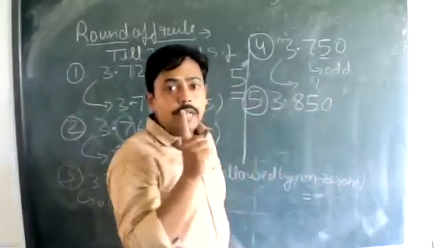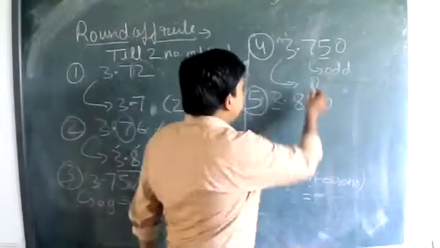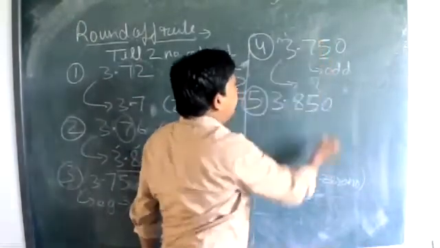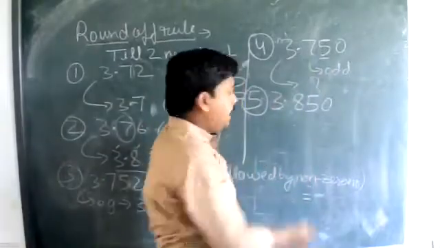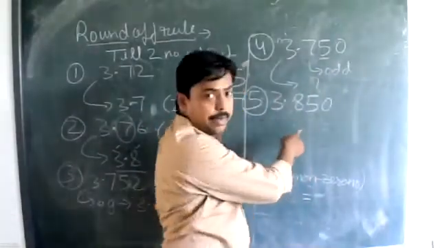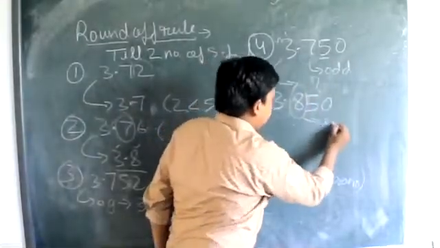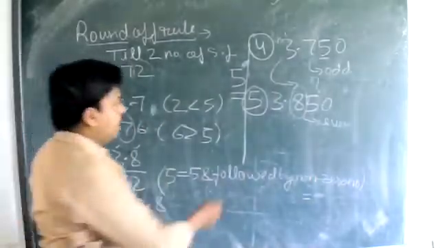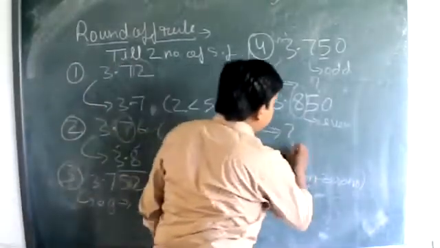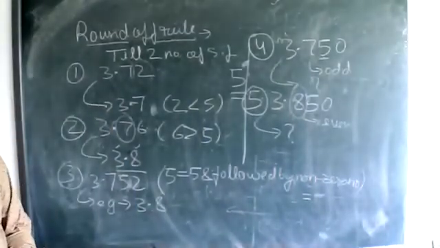But one thing we can note in this example is that the first digit which was coming after the decimal was odd in the previous case. But here the first digit which is coming after the decimal is what? Even. So what will be the value in this case? Can anyone please tell me?